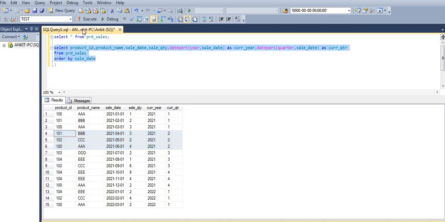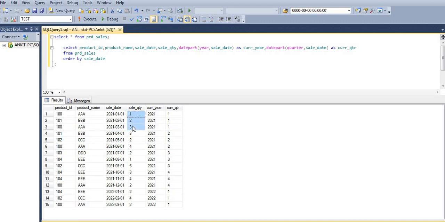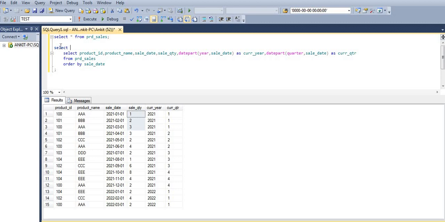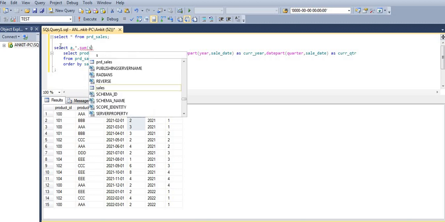Now we will perform the sum. So we need to identify the total sum based on product ID, current year and current quarter. So let's write the SQL statement. Select a dot star. I will use a as an alias name. Later on,